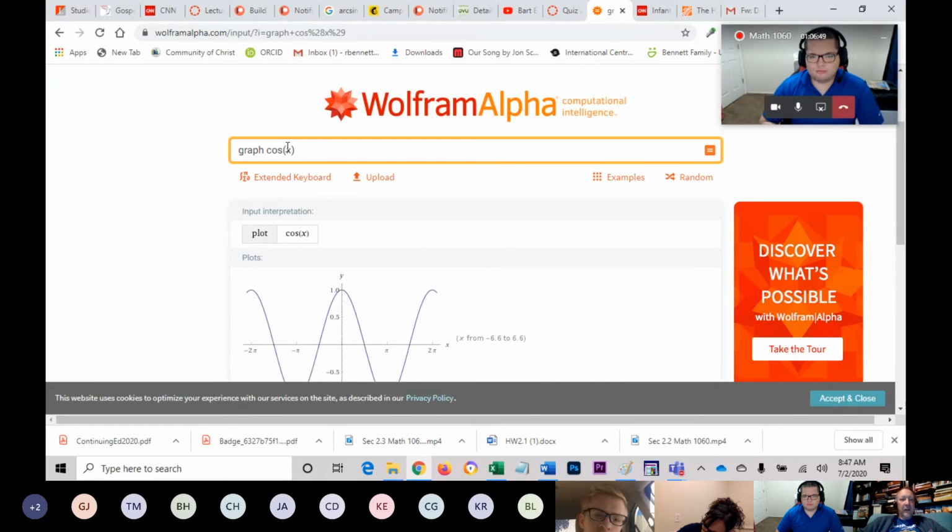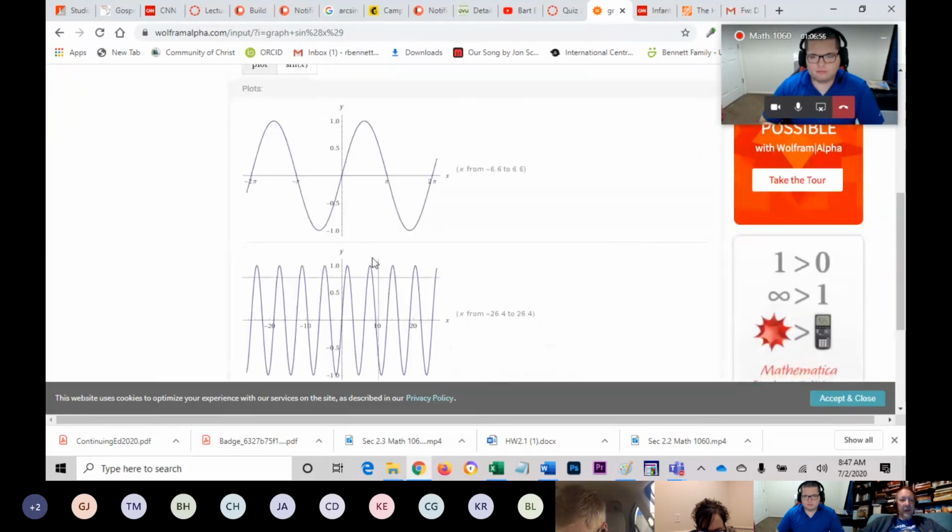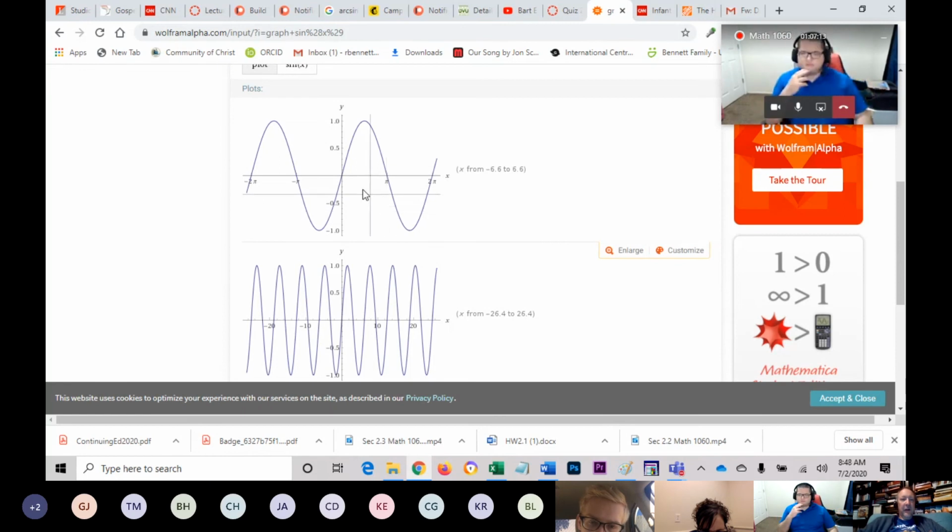When we go to the sine function, it's not symmetric about the y-axis. Instead of folding it along the y-axis, I could fold it along this 45-degree angle, and then it would be a mirror image across the y equals x line. So it's symmetric about the origin. So for example,